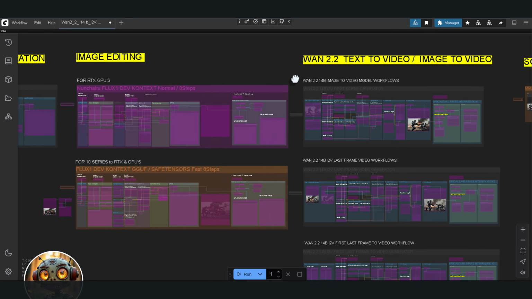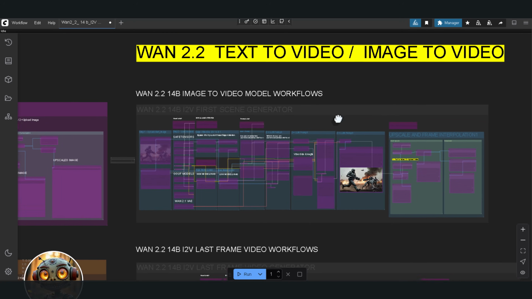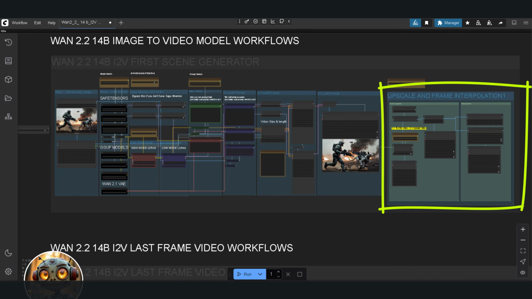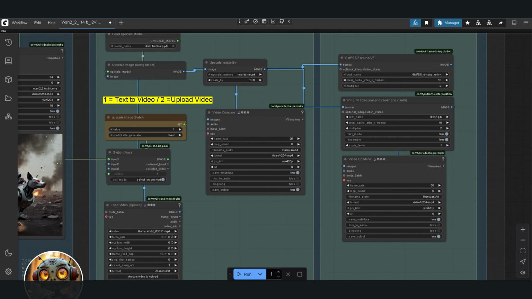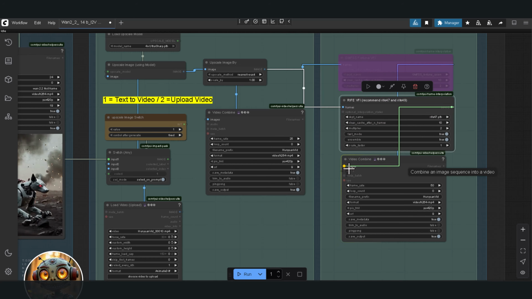Next is the image to video workflow group itself. I'm using this to create the initial shot. I've also added an upscale and interpolation group just for quick upscaling. The interpolation nodes will auto-download their own models, so there's no need to worry about them. You can enable or disable your chosen method and just connect the one you want to use to the output